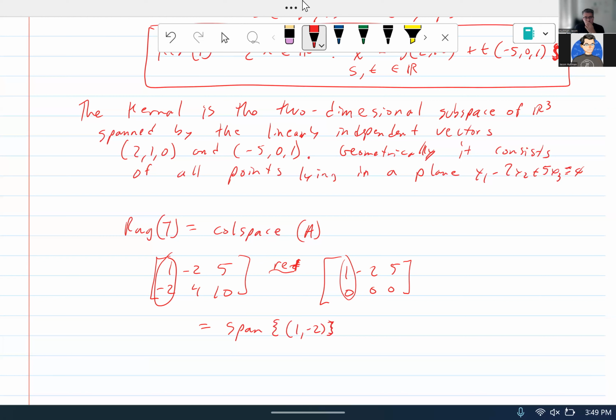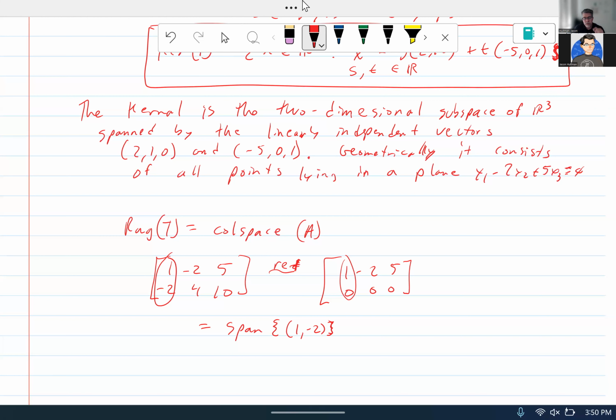Well, what are all the values that can span with -1, 2, and those are all the multiples of -1, 2. Think of it like a slope, and you have a specific line now because you have 1 point in 2 dimensions. And what can I span with this 1 point in 2 dimensions? Well, it would be a line along a certain slope. Okay, because I can only have multiples of that point, and that's going to span